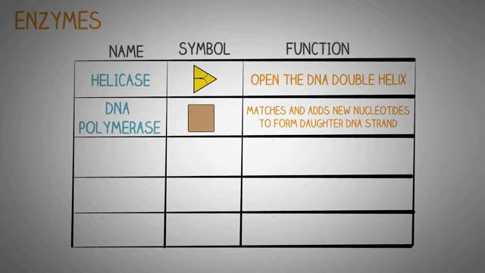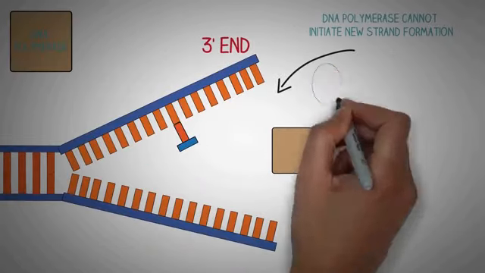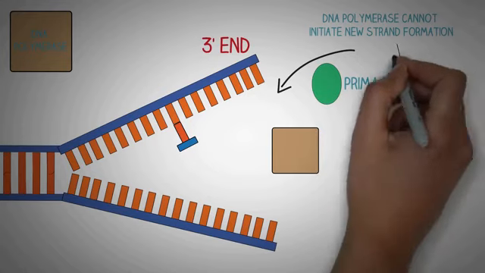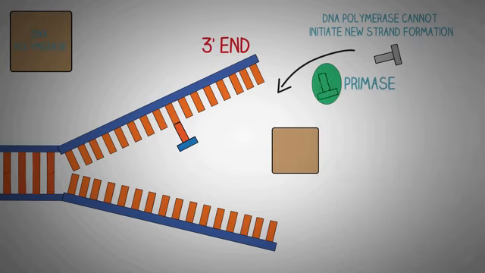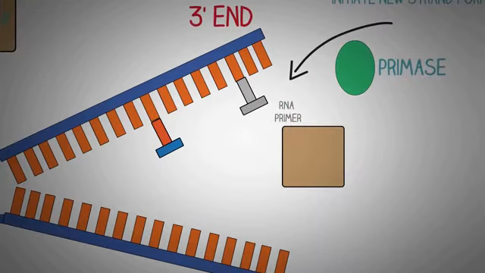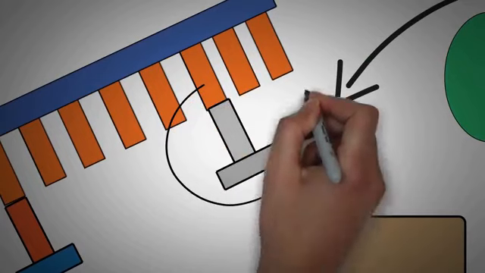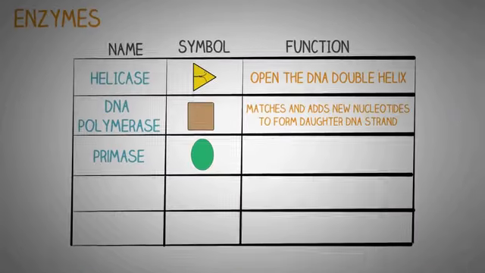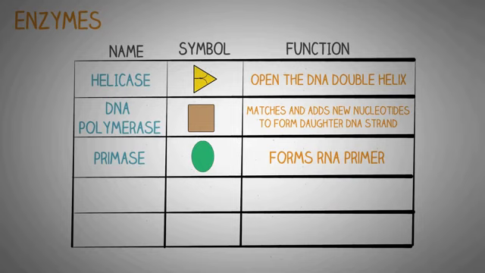So the next enzyme which we will discuss is the enzyme RNA primase. The RNA primase will be denoted by this symbol. Now, like we just discussed, the DNA polymerase cannot initiate the synthesis of a new strand of DNA from scratch. So the enzyme primase synthesizes a short segment of RNA known as the primer, which acts as a guide for the DNA polymerase to synthesize the strand further. Now this short segment of primer is later removed and replaced by a new segment of DNA.